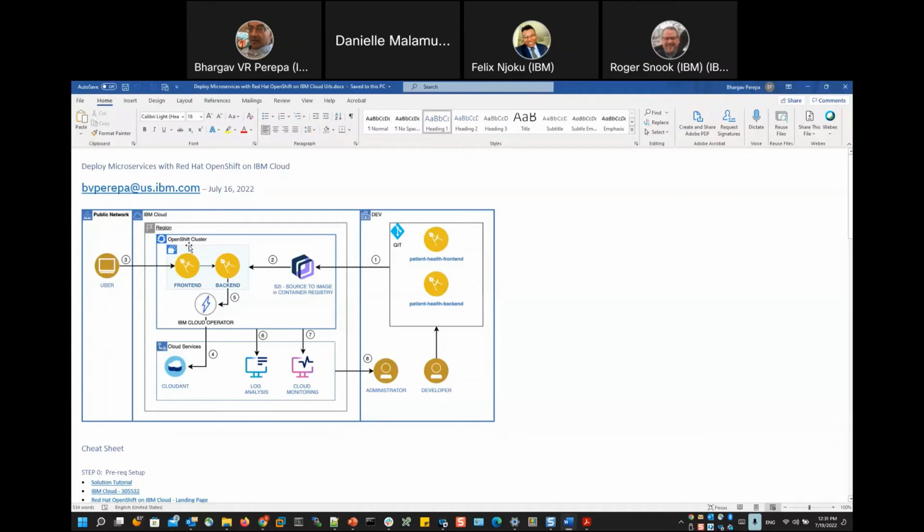a region, within a cluster, and the solution has 2 pieces, front end and back end. Front end is for the end user. Back end is where I'm storing the information, business knowledge. I develop my application for front end and back end in Node.js. I push it to Red Hat. It converts my source code